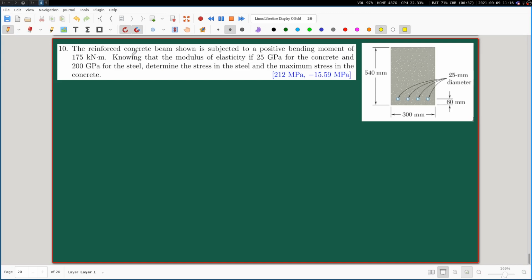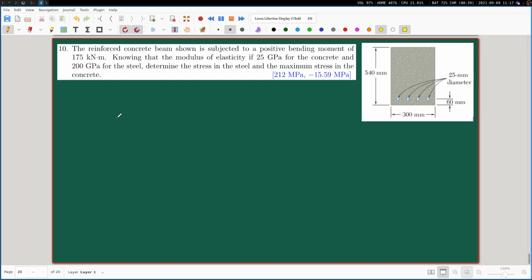Now, reinforced concrete means there are certain steel bars which are inserted into the concrete. If you have ever stood around the construction of any of these modern types of buildings, you would have seen that within the beams, some kind of steel bars are inserted. Or rather, the concrete is poured around some steel bars. So, how do we go about solving this problem in order to determine the stresses in the steel and the